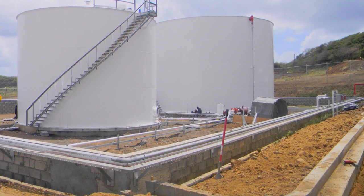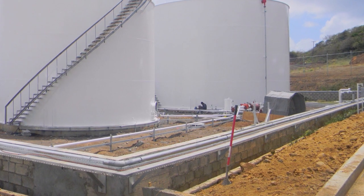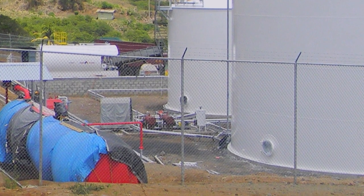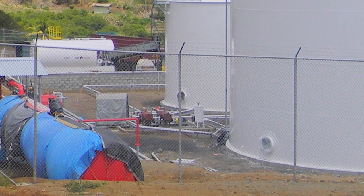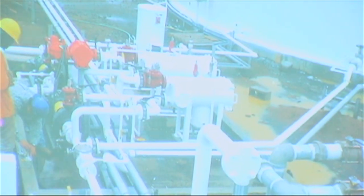I spoke about quality of the product. I have shown a picture which is the internal pipeline of the fuel farm. And I want to draw to your attention to these two look like smaller tanks. These are what we describe in the industry as filter separators that separate water, and also other contaminants that may be found in